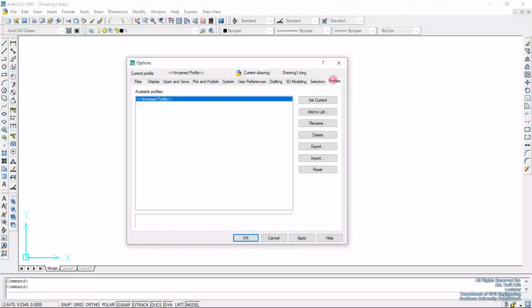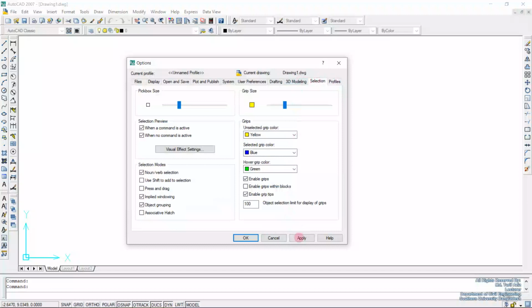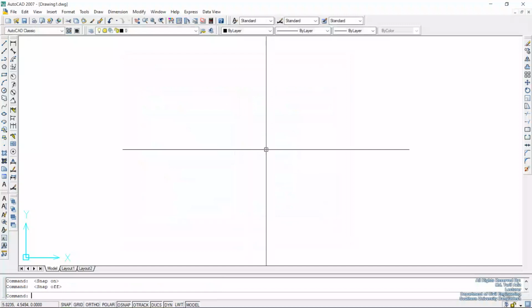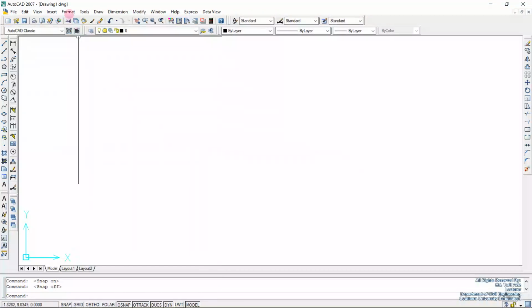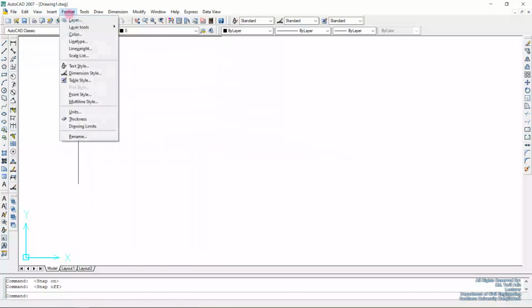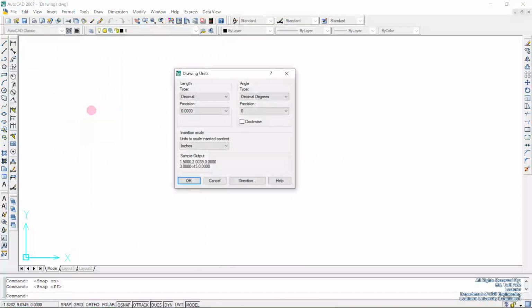So after checking all the options, you can just press on apply, then OK. So after doing this, you can just go to the formats option. So going to the format option, first of all click on units, then provide the length type as engineering, then precision as feet inch, then angle type as degree minute second, and precision